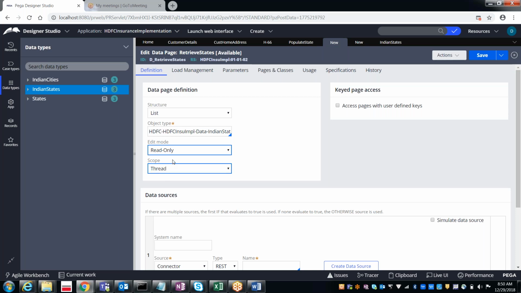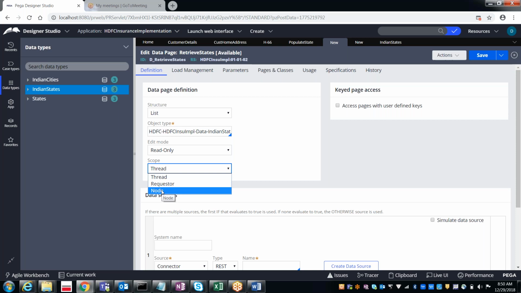So here read only is enough for us as we want to populate the drop down. And now the scope. As I said again, there are three types of scopes: thread, requester, and node. Thread means work object, requester means one operator, node means multiple operators on the server.